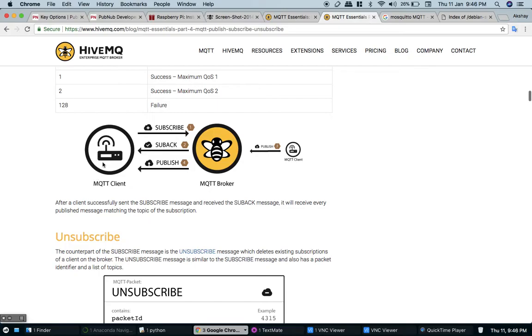You can see in this diagram, your MQTT client is publishing something to the broker. Then this is our subscriber, it is subscribing, then it is getting a subscribe back packet, and whatever is published here is given to the subscriber. You can see the sequencing also. Subscribe, then number 2 subscribe back, meaning subscribe acknowledgement, then it is publishing, and whatever is published here, it is giving to the subscriber.